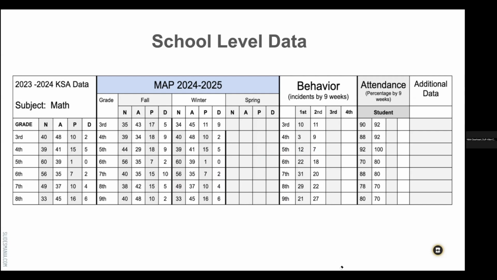Dionne, we do this at my school after every benchmark, and we start looking at whether kids need to be moved into RTI because they have a specific learning disability, or they placed in reading but not in math. Do we need to put them in RTI for math? We do this after every benchmark. Right, and that's a good way to do that. So every time we have a benchmark, we add that data and we revisit that. We're continuing to look for those patterns and trends.